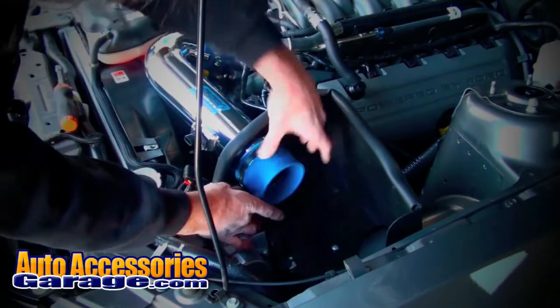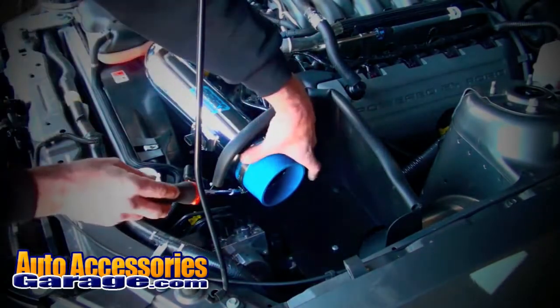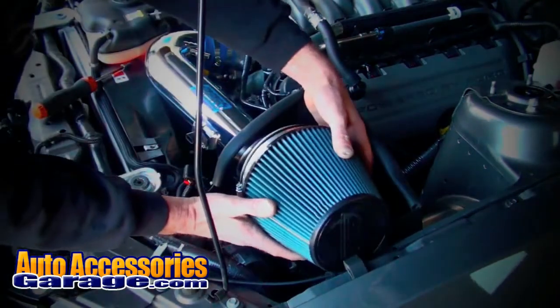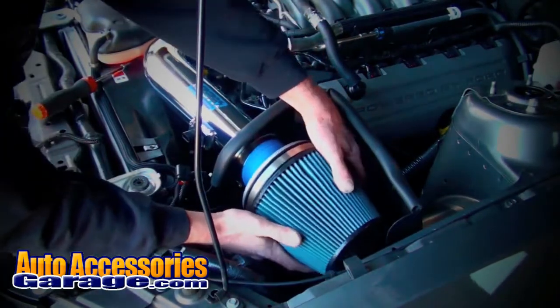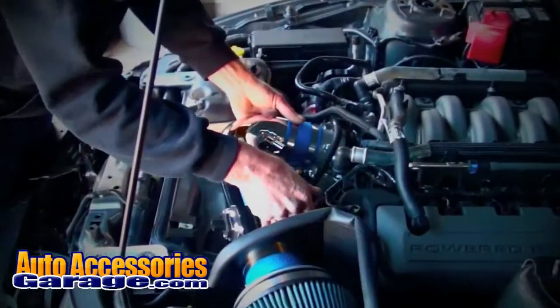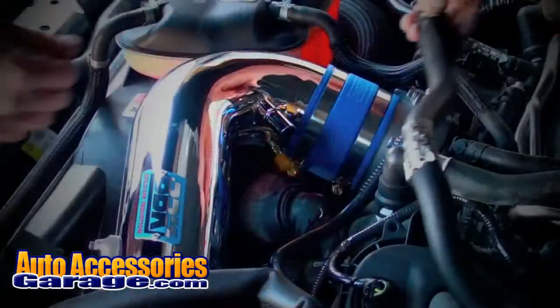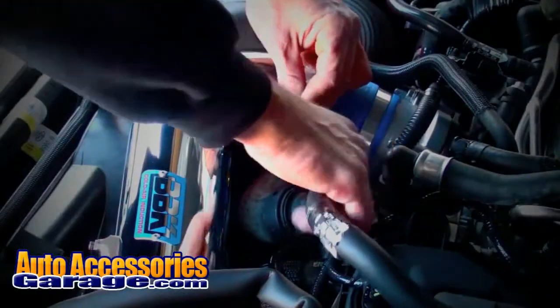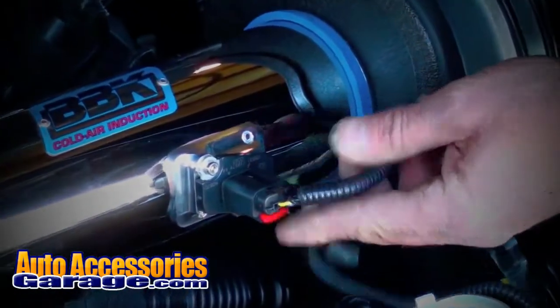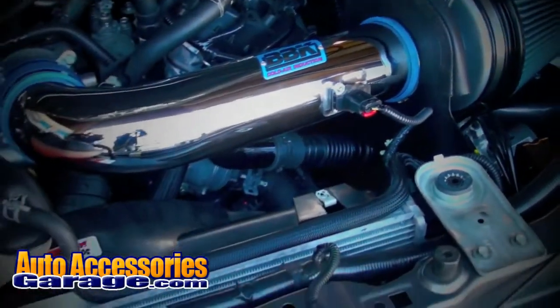Place the remaining coupler and clamps over the end of the inlet tube. Then place the end of the filter base into the coupler and tighten the two clamps to secure it and the loose clamp that's on the throttle body. Reattach the PCV hose, and if you have an automatic transmission, you'll connect the vacuum hose. Plug in the mass air sensor and finalize the assembly by reinstalling the radiator cover, decorative engine cover, and the